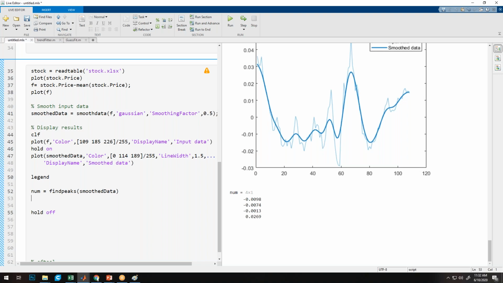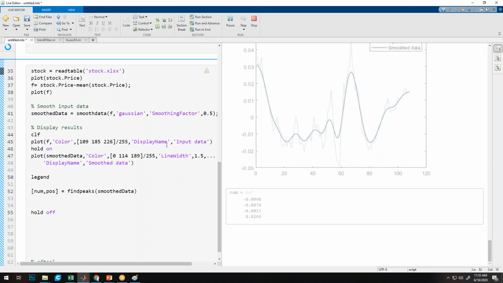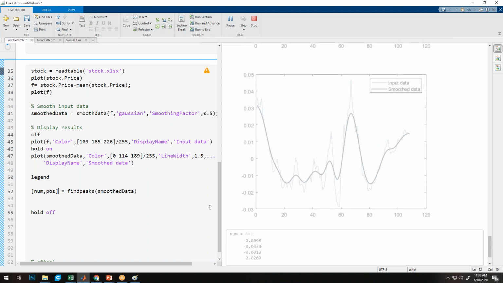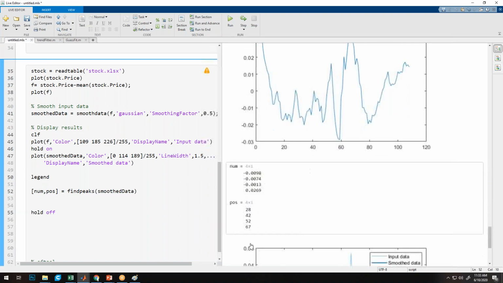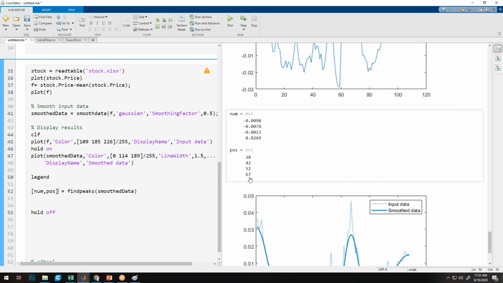I have to get the position also, at what position it occurred. So say pos, the position where it occurred. Here I get the position also.